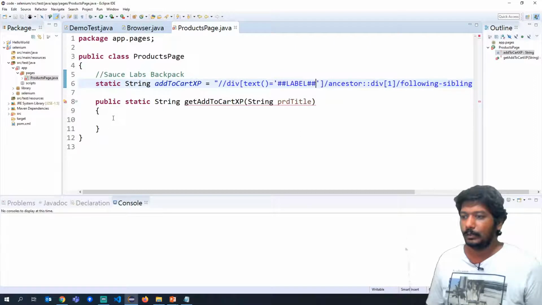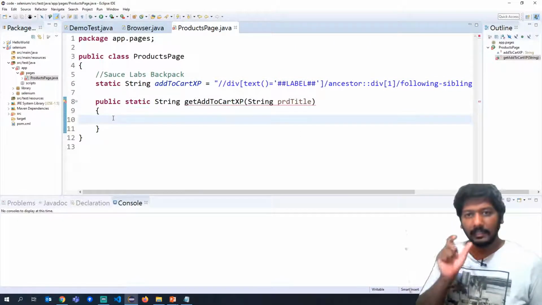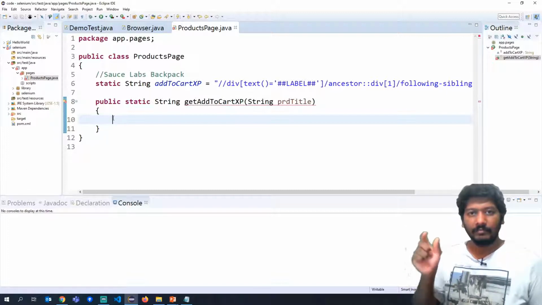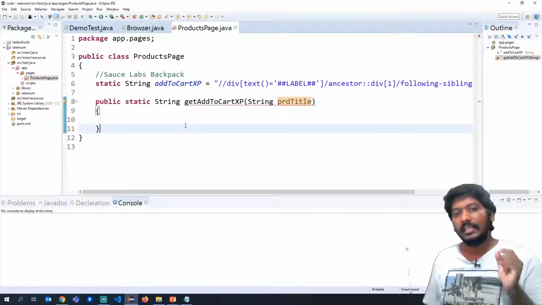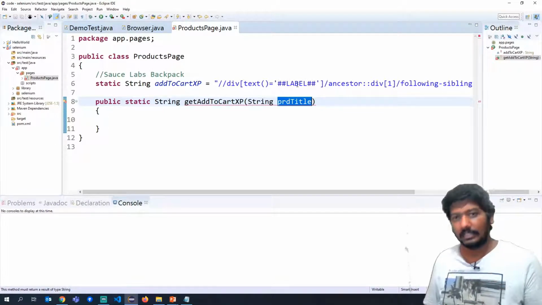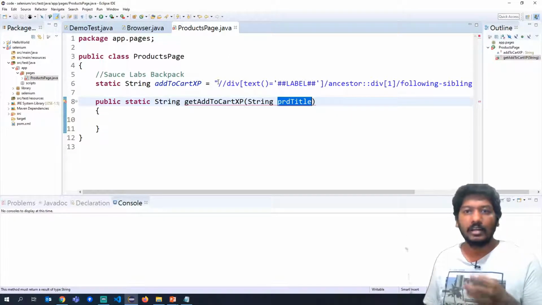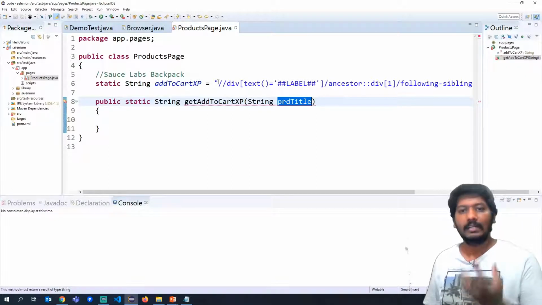Now what we will do is replace that particular label in the XPath with the product title that we are getting from the function call. Here we have a function which will take a product title as input. So instead of label, I will replace it with the product title itself, so that dynamically we are changing this add to cart XPath, and then that XPath we will use to interact with the element.